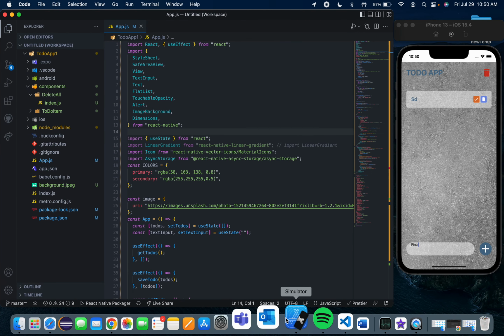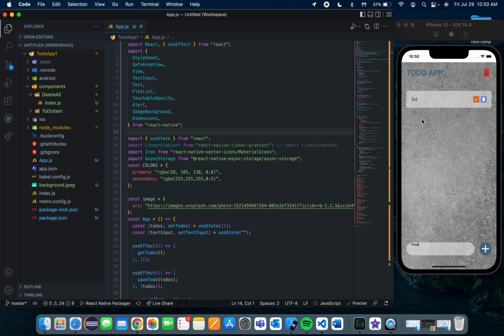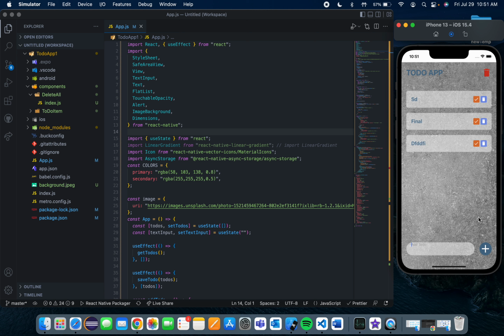First I'm going to show you how this app looks, and here's the app. It's called To-Do app, and you can just write your task and press enter or press a button, and it will show you the list of what you want to do. If you want to buy milk,